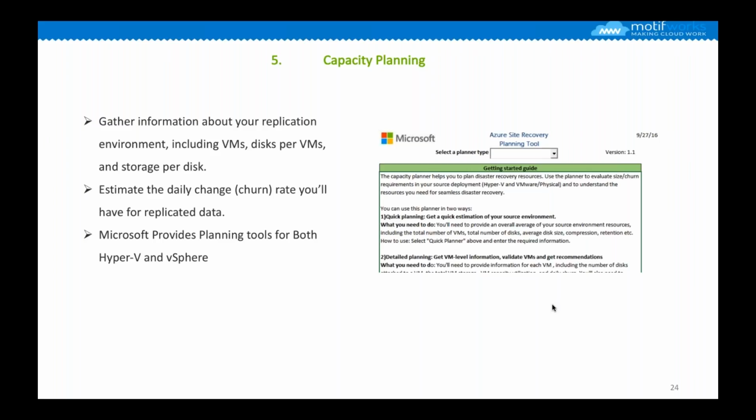On the quick one, when you download this tool, you can enter how many instances you have, how many disks are associated or linked with your virtual machines, how much data they have, and what your network bandwidth is, inbound and outbound. You provide all that information, and then it gives you a good estimate that the first time you're replicating these virtual machines, it may take you 10 hours, 20 hours, or whatever it is.